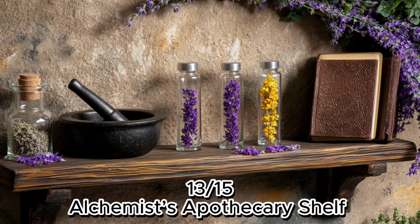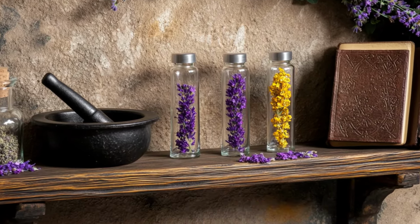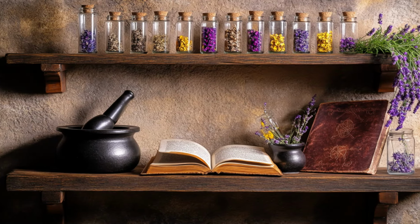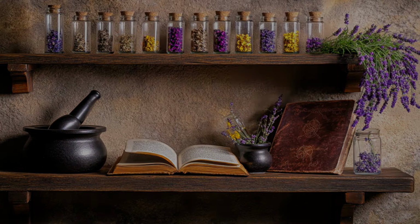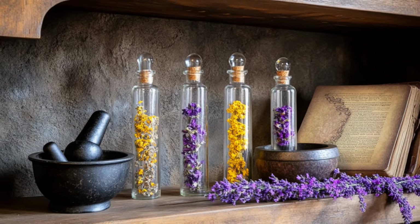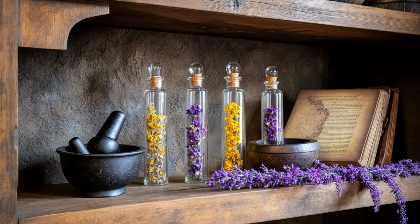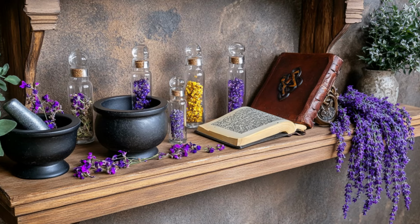Idea number 13. Alchemist's Apothecary Shelf. This concept merges medieval mystery with springtime elegance. Picture a narrow wooden shelf lined with glass vials and jars, filled with dried herbs and petals in shades of violet and yellow. A mortar and pestle sit beside a small cauldron, while a leather-bound book lies open, its pages